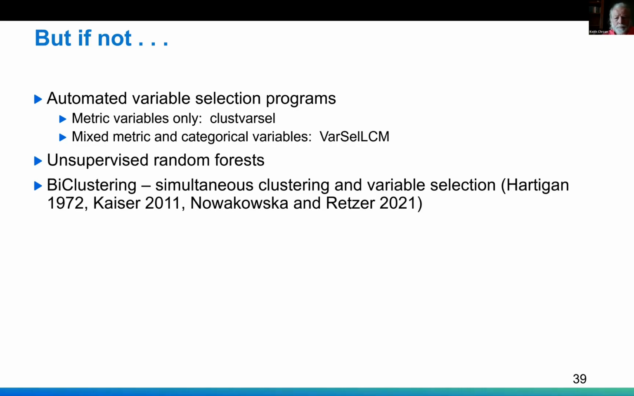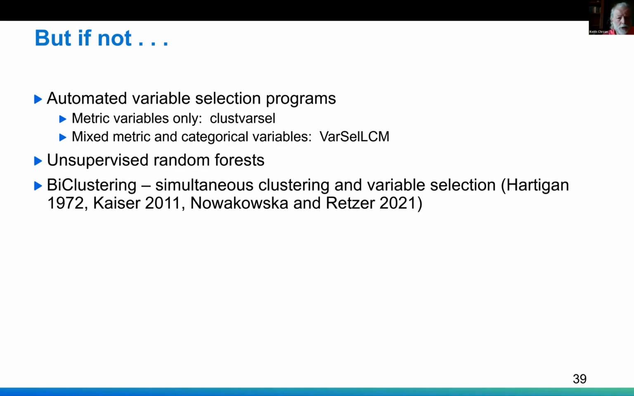And then last year, because I oftentimes face kind of garbage can sets of variables for my clients that are a mix of categorical and metric variables, after ClustVar-Cell worked so well for us, I looked for a variable selection program that would handle mixed variables. And I found one in VarSelLCM that worked really, really well. Both of those methods are available in R, by the way. And then lastly,